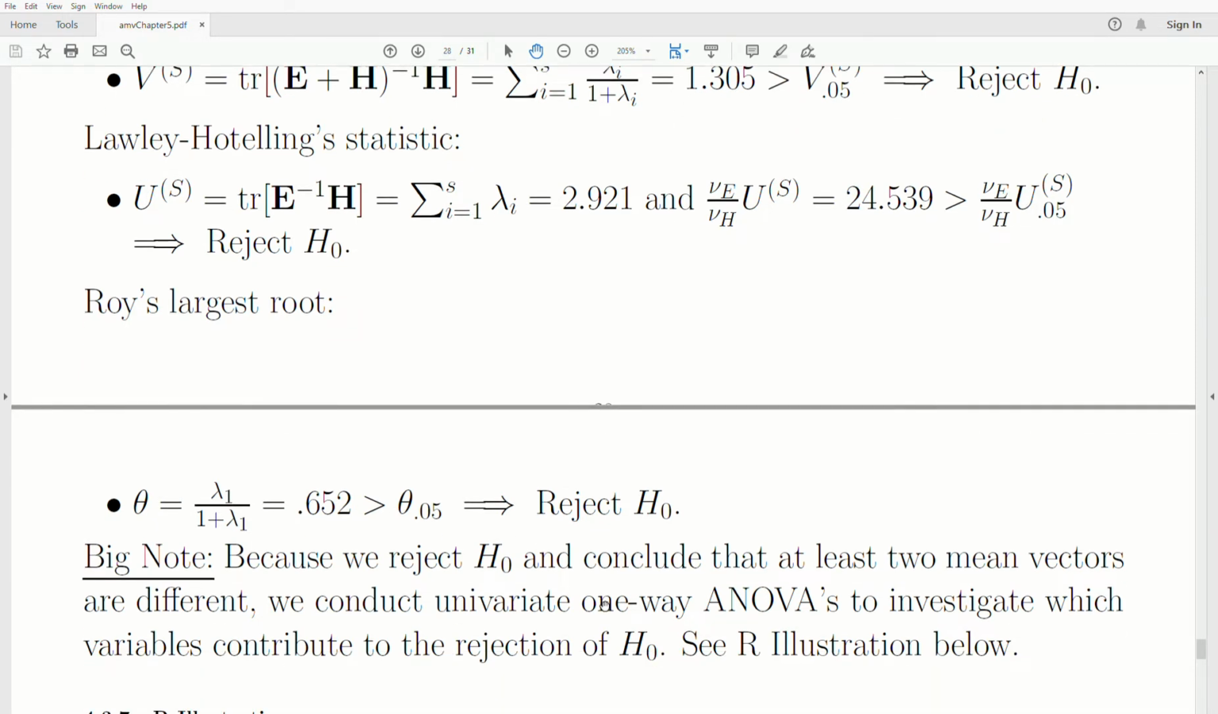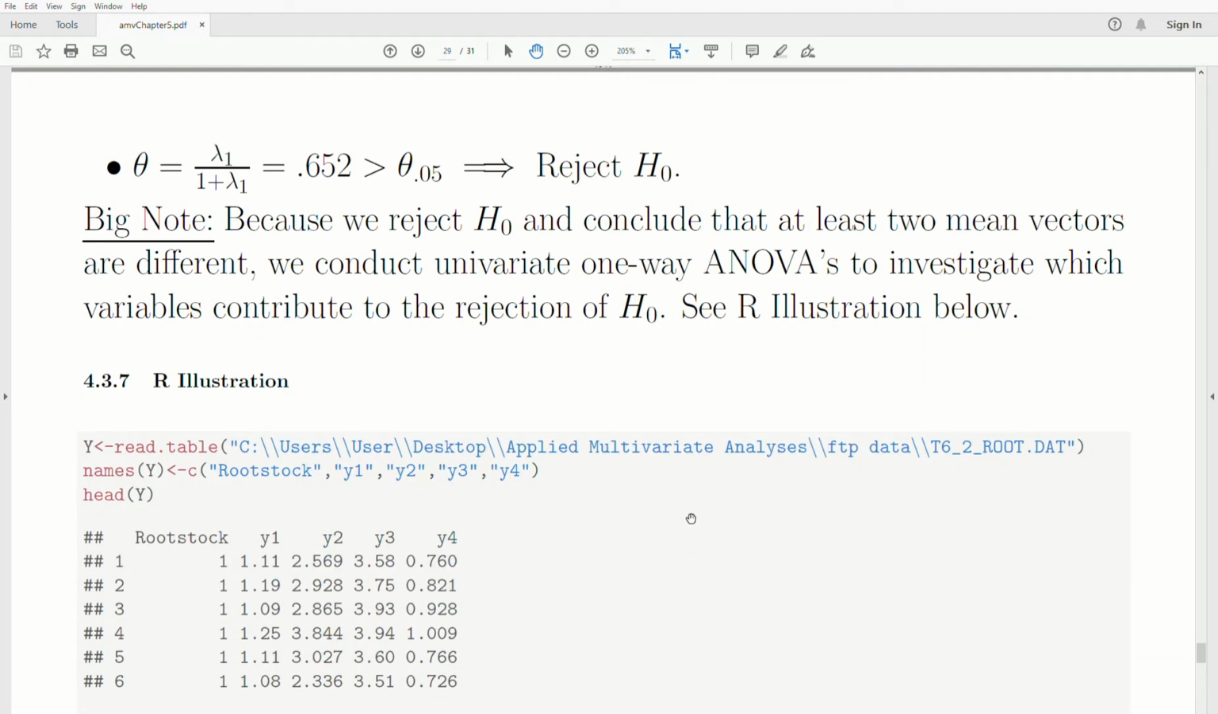Now, a big note here is because we reject H naught, and we conclude that at least 2 mean vectors are different. Now we want to know, of the 4 variables, which ones are contributing to us rejecting the null hypothesis. And to do that, you conduct univariate one-way ANOVAs to investigate which variables contribute to the rejection of H naught. And the big note is you only do univariate analysis after you've rejected the multivariate analysis. That's a big note here. Now let's just jump right into R,